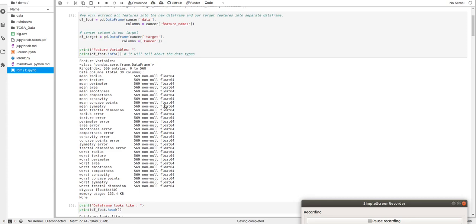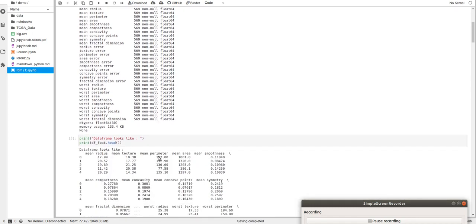Here we can see it is telling about float64, which is the data type of our data set. You can also see the range index, which is 569 entries, sorry, 0 to 568. Let me tell you, the pandas data frame starts from 0, so that's why it is shown from 0 to 568. It also tells about the columns. So from info, we get the whole structure of our data set.